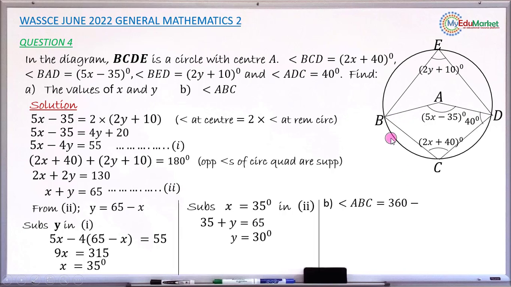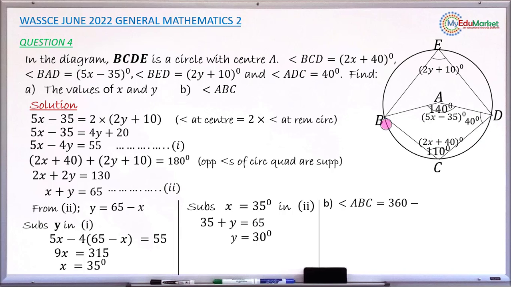So let me get the size of those angles. Replacing x by 35 in here, that is 5 times 35 minus 35, the result is now going to be 140. This will be the size of this angle after replacing x by 35. Let me get the size of this angle as well, 2x plus 40. Replacing x by 35, you now have 2 times 35 is 70, and 70 plus 40 will give